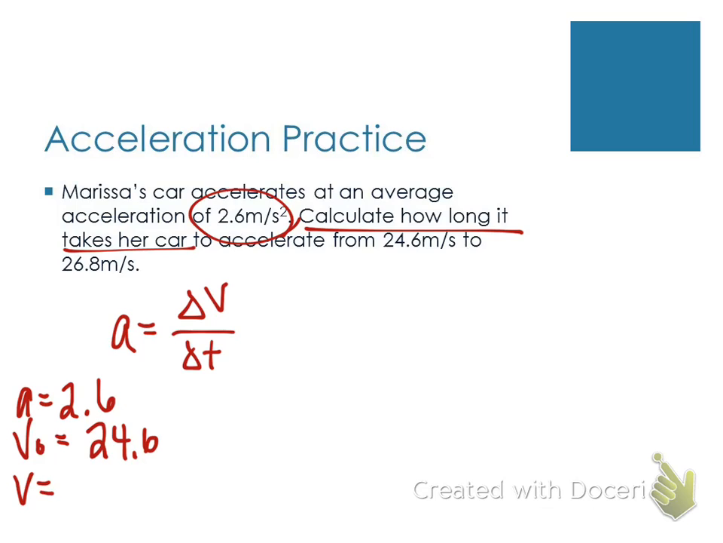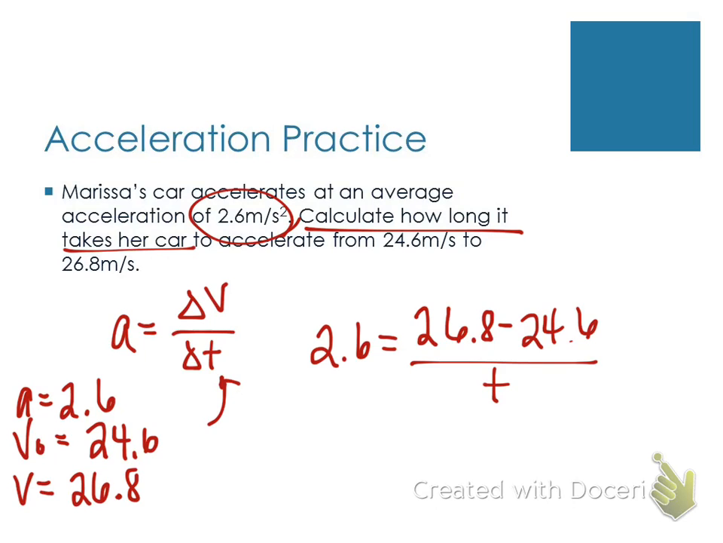24.6. Velocity final is 26.8. Then here's my equation, and I'm going to plug it in. 2.6 equals 26.8, final velocity minus initial velocity over time. Do the subtraction here, which comes out to be 2.2 over t equals 2.6. So when your variable is on the bottom here, you're going to switch those two places. Which means t is equal to 2.2 divided by 2.6, which gives you a time of about